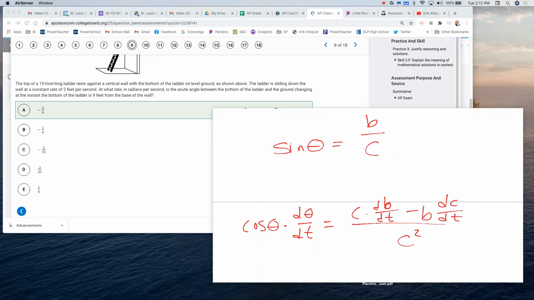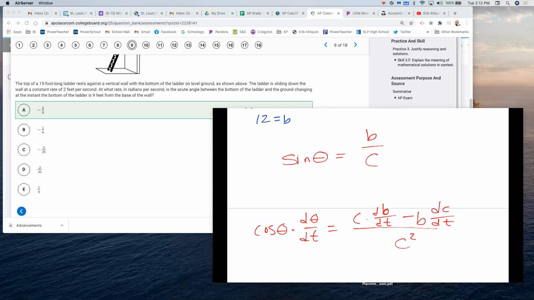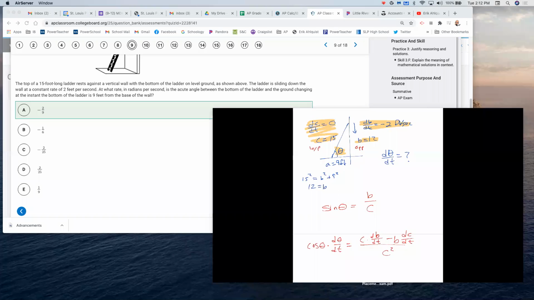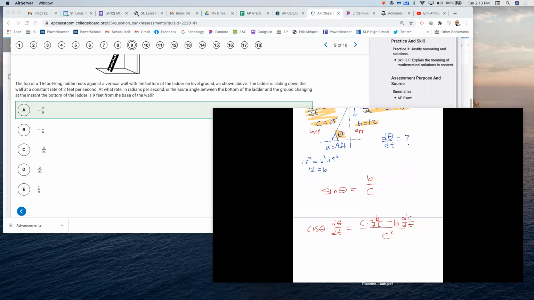Does that make sense? I have everything I need to know. All I need to do is go through and calculate and write this out. Now, one of the tricks that you have to realize is the cosine of theta